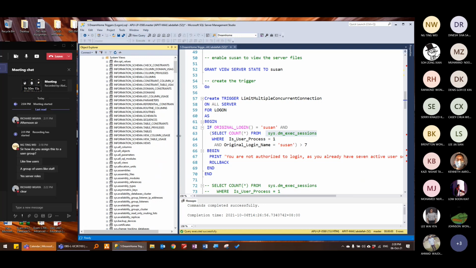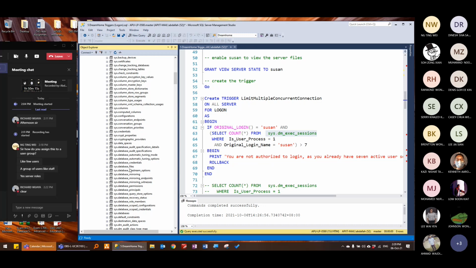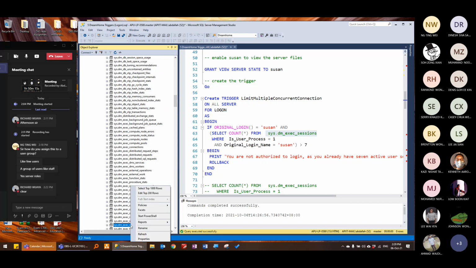Let me check for sys.dm, it's supposed to be somewhere here. Where is it? System DM exec sessions. This one. So if I right-click on this view and select the top 10 rows,